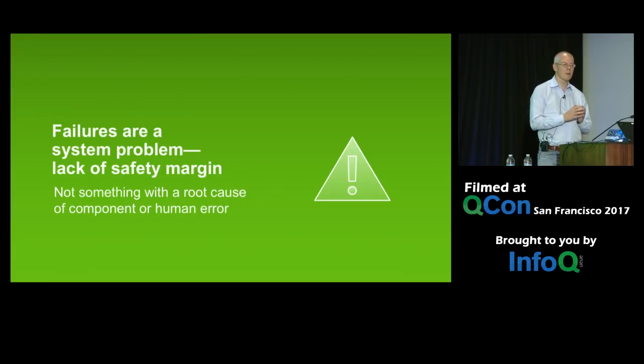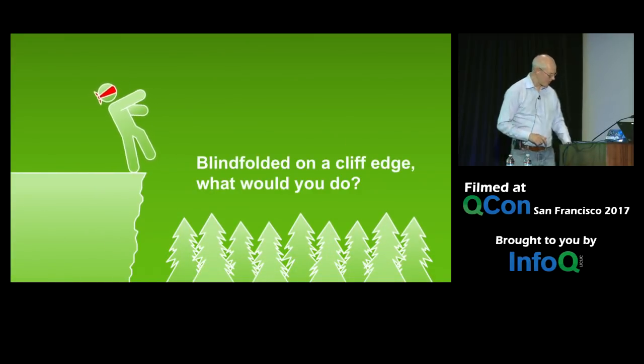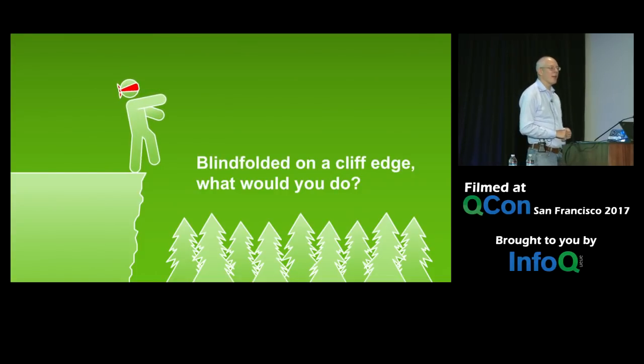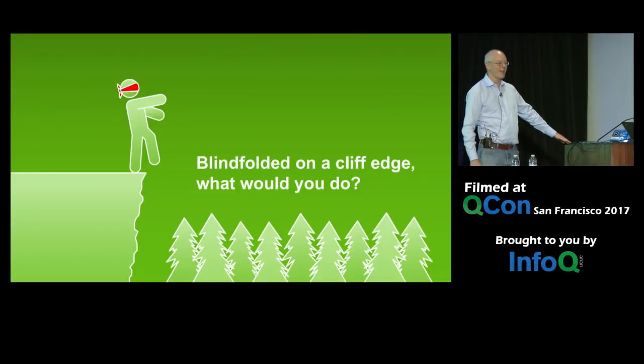So the point here is you're trying to build systems that have a safety margin which is capable of absorbing human error and absorbing failure. And so the question then is, how much margin do you have? And here's a little example. If I was blindfolded up here, right, on the edge of a cliff, I would be going like, okay, I think the edge of the stage is here. Okay, I can feel it. All right, that's where the edge is. I can back away from that a bit, right? So I've just established a safety margin of about 4 feet in that dimension.